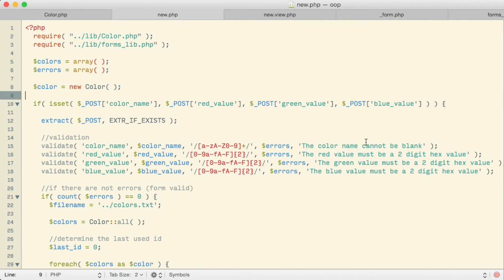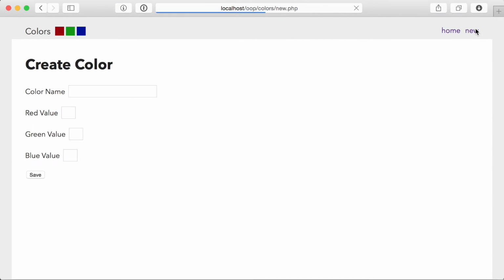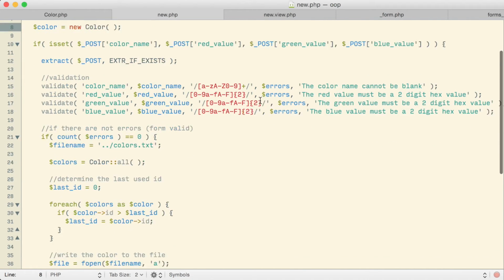Just making that one little change, getting rid of those variables, and instead using a blank color object. Let's see how our page works with that little change, not even trying to submit the page. If I go back to my browser and go to the new page, it actually seems like at that point it's pulling up pretty okay, which is a little bit of a surprise, but so far it's actually okay. What is actually happening there?